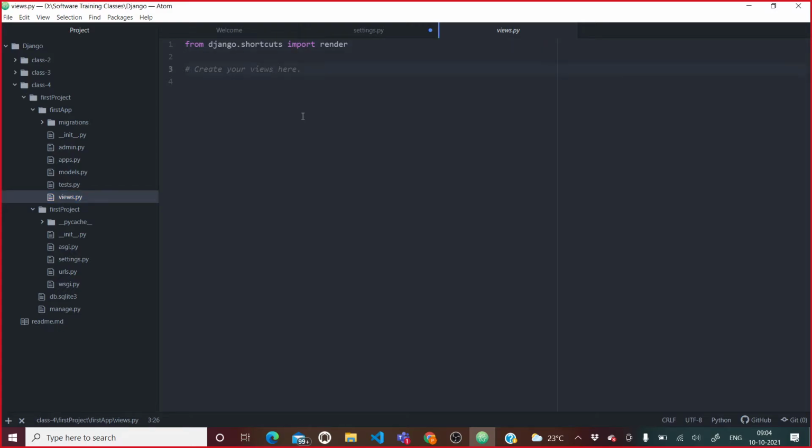So how to create a view? This views file handles from where the request is going to come, and how we need to act on that request. For example, if someone is going to hit google.com, that request will hit here, and here we need to handle it: what we need to send to that client in response to that request.